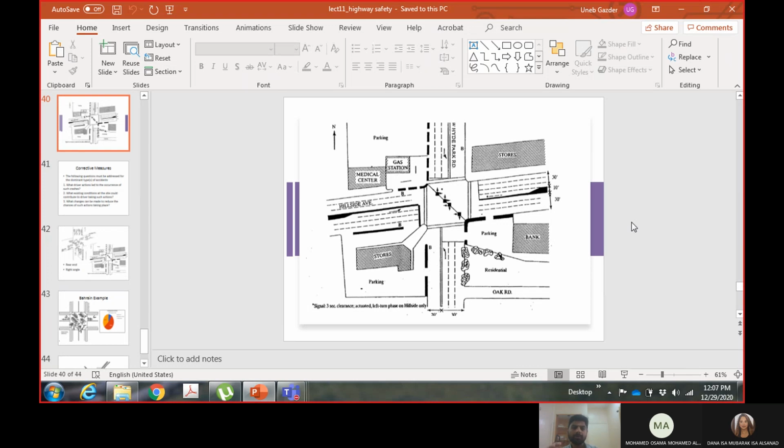So today we will, and in the end of the last lecture, we saw how we can represent the accident information and the conditions of the site in the form of two diagrams, collision diagram and condition diagram respectively. So today we will look at two examples of how we can use these two diagrams to come up with countermeasures.